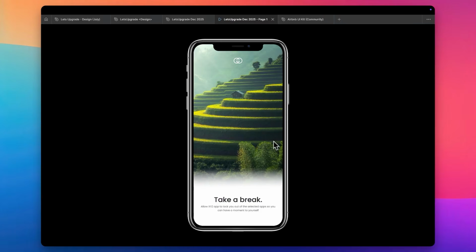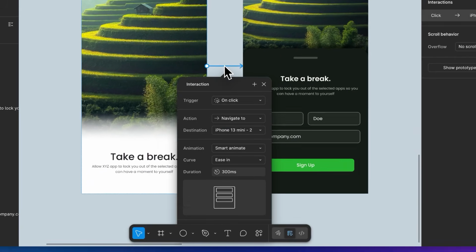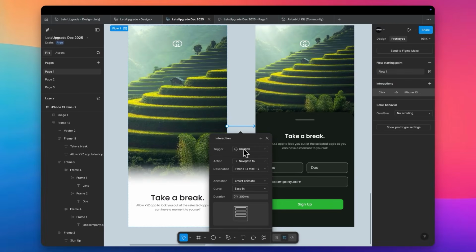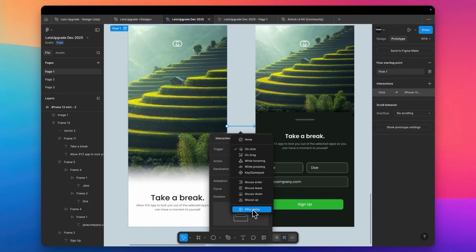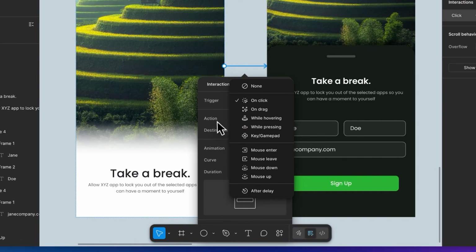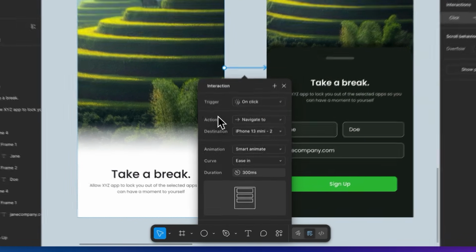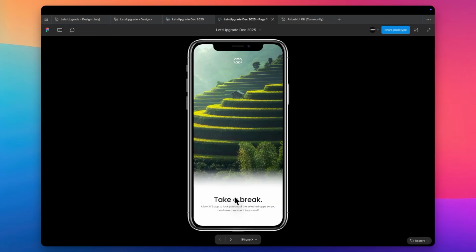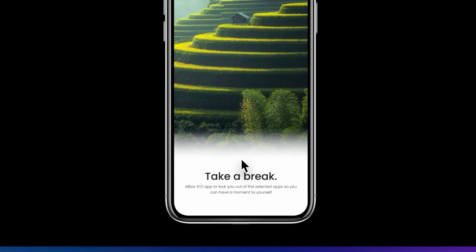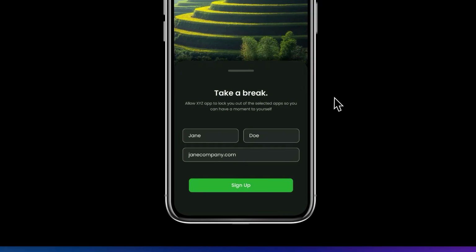Okay, this is the screen. It's loaded completely. And as soon as I tap on this, because right now when I added my interaction, the trigger for it was on click. I can also do it automatic by selecting after delay, but that is something that we will do once we've gone through this manual interaction. So, okay, I'm going to click here, and you can see that